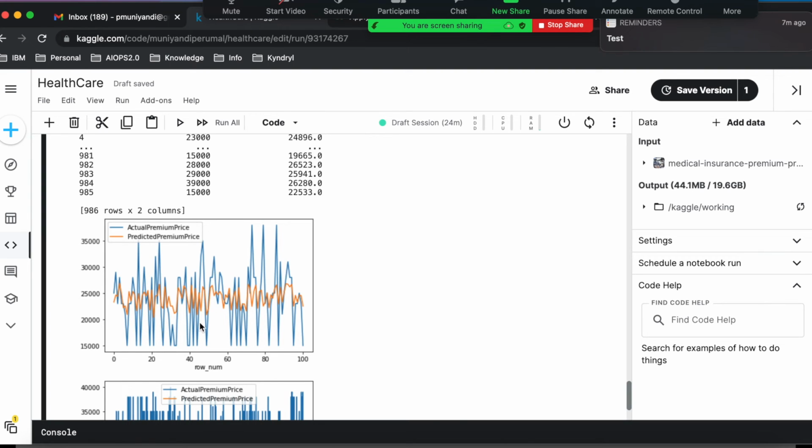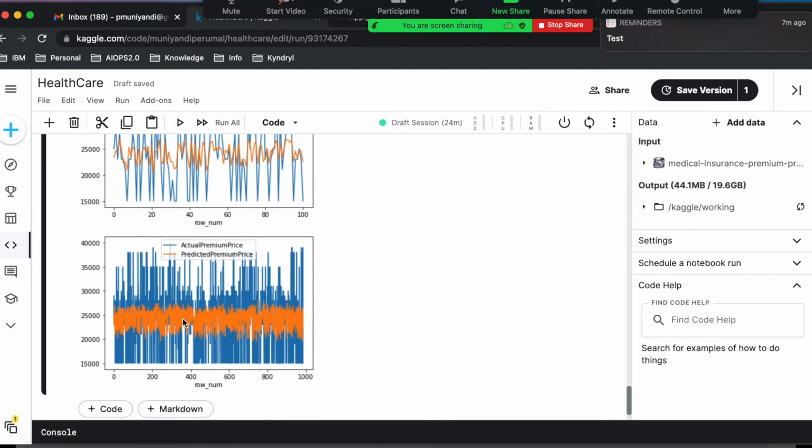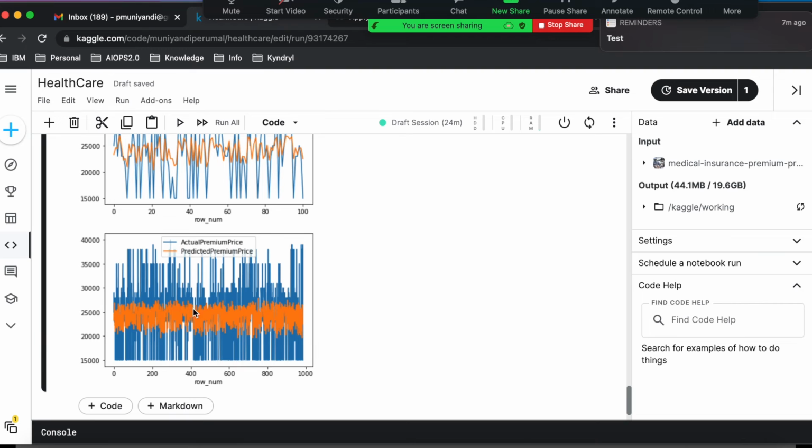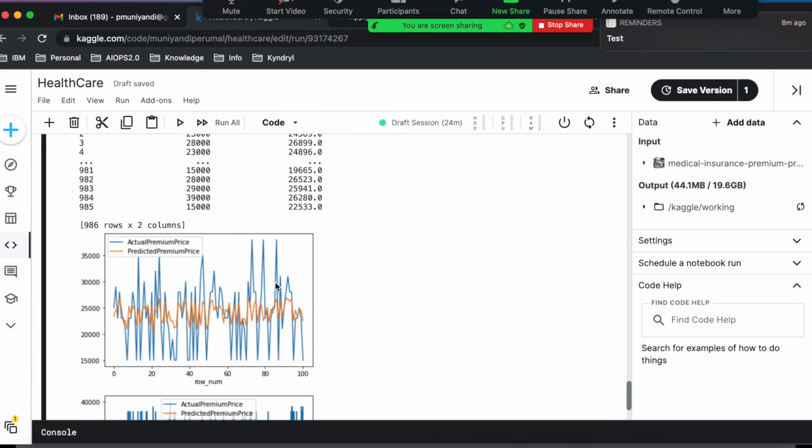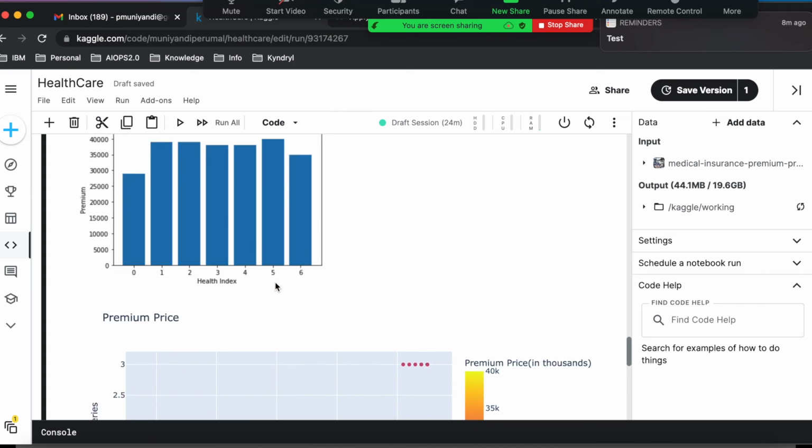The lower premium means the consumer is very demanding. The higher premium means probably the agent is overselling the price, something like that. But this is the actual premium that particular customer is supposed to pay. See here how they are selling their product into the market. You need to understand using this diagram. This is all the 1,000 records which I put here, because if you notice, the salespeople are always selling the product at a different price. That's what you need to understand. This is supposed to be the selling price, but they paid a different price. That is what I did using this line chart.